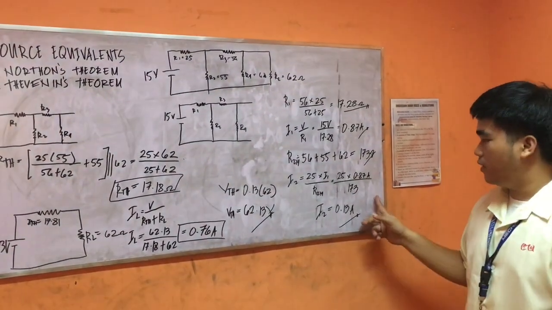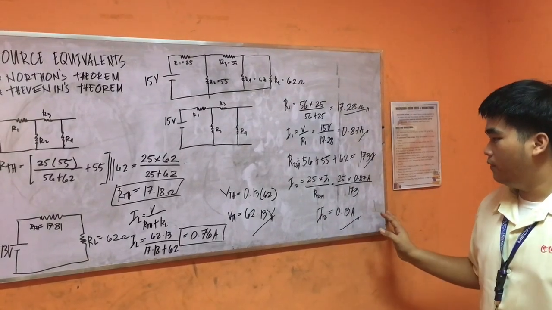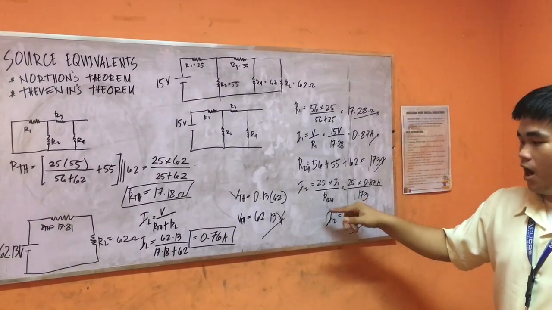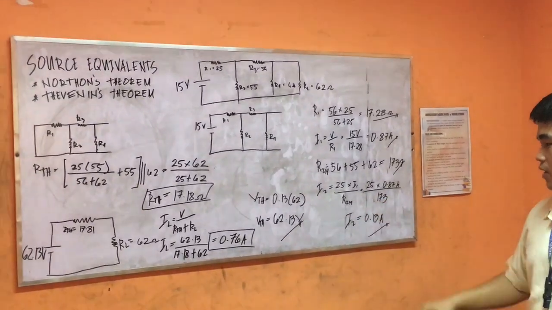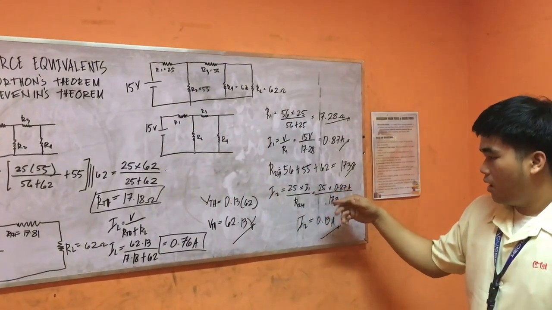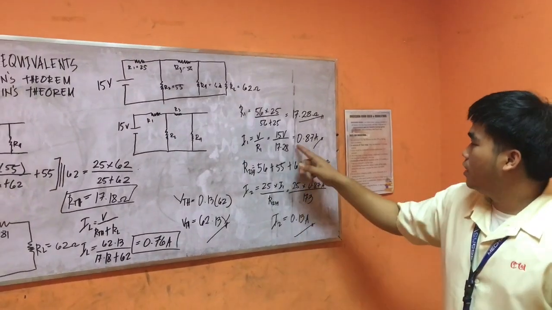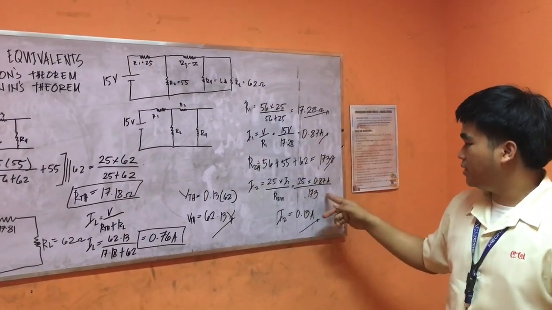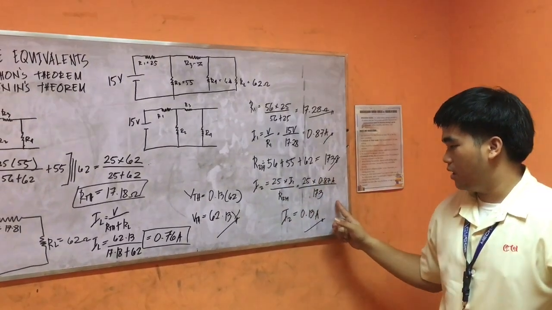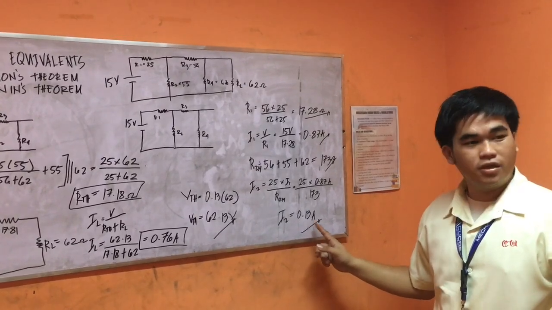So next we have to calculate the current, the I2. We have the formula R1 times I1 over R2, 3 and 4. So substitute the given. Our R1 is 25 ohms times I1, which is 0.87 amperes, over our R2, 3 and 4, which is equal to 173. Then our answer for current 2 is 0.13 amperes.